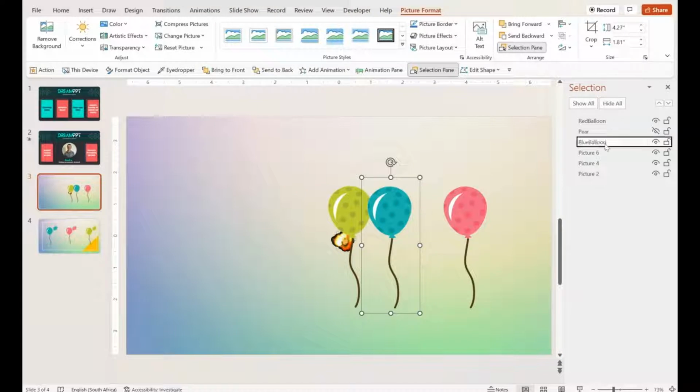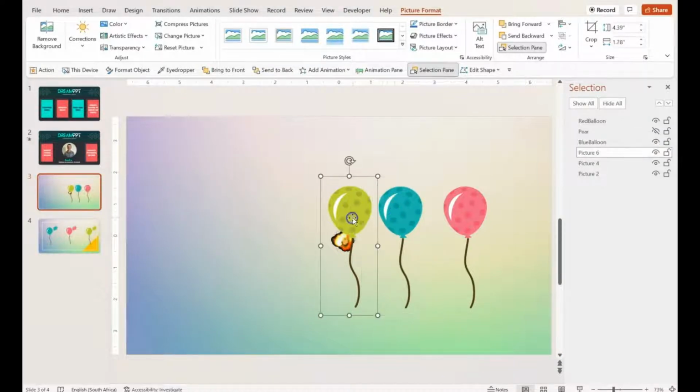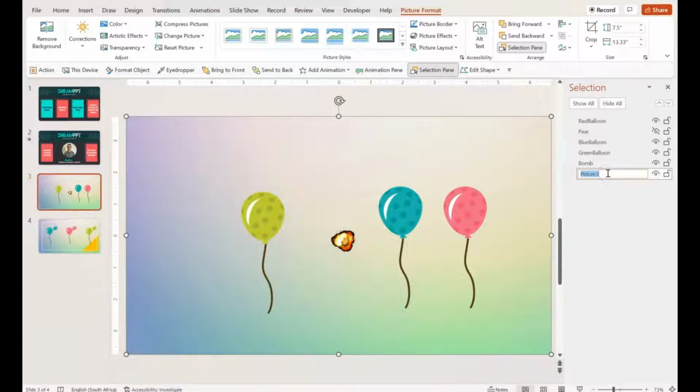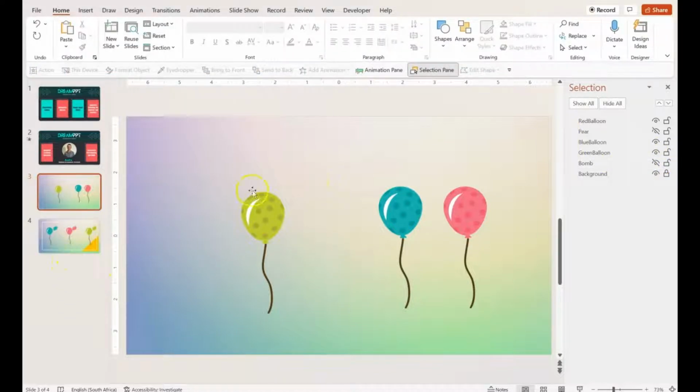It's important to name things when you're making PowerPoint games so you know which objects you're adding animations to, and it just helps you to keep track of everything so you don't get confused between what is what, basically. Because if you have a whole list of objects or a whole list of animations, you might not know which animations are going for which objects. So here I'm just going to kind of lock the background so that it doesn't move. Oh, also I want to remove the visibility of the bomb. And next we have the little